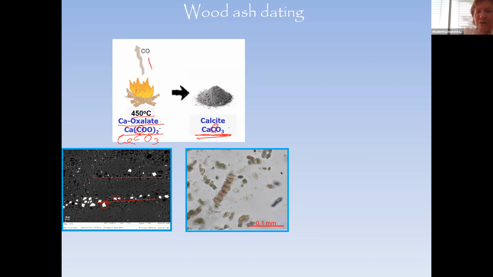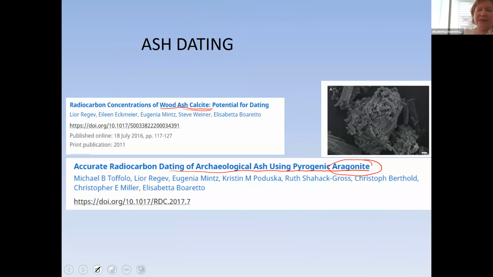So in principle, this should be a perfect one, because you should have the carbon 14 from the time it was burnt. Here you have the ash, the calcium carbonate pseudomorph, which still has the morphology of an oxalate, but from the point of view of material is already calcium carbonate. So it could be good, but in this first study, when we did this first study with the assumption,